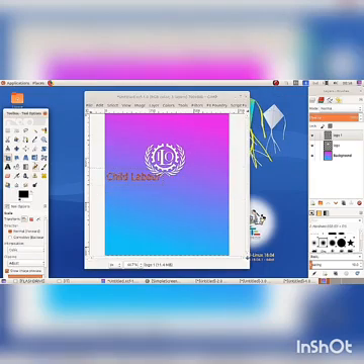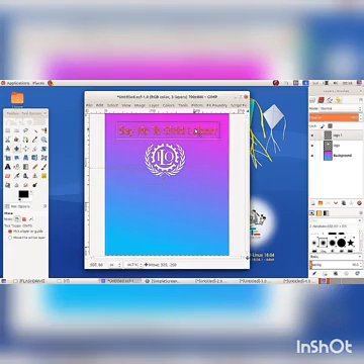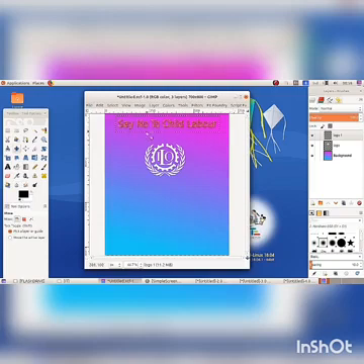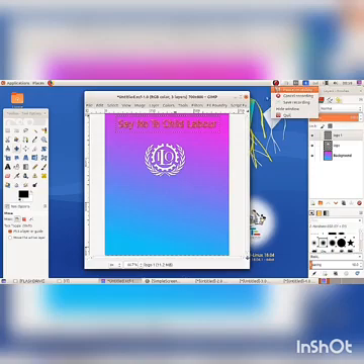Then scale. Move the layer to the top of the poster.